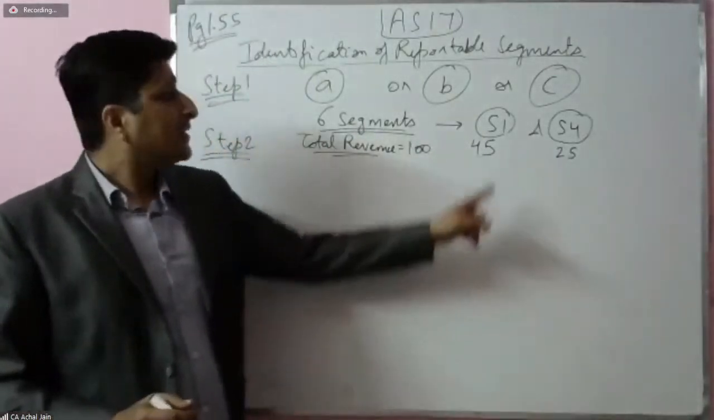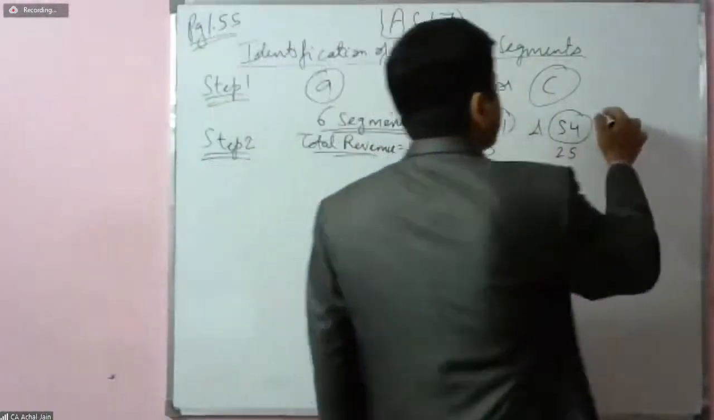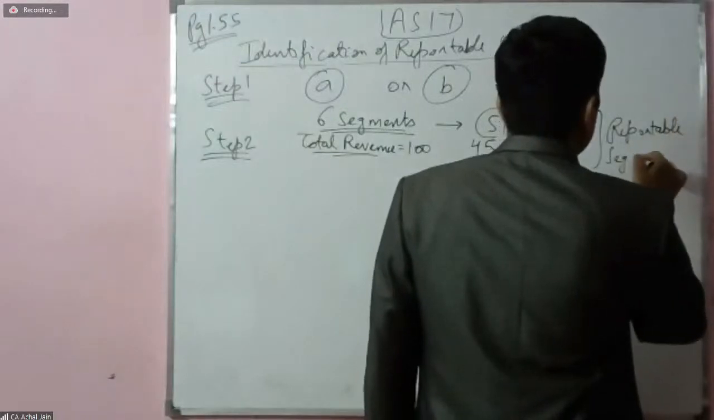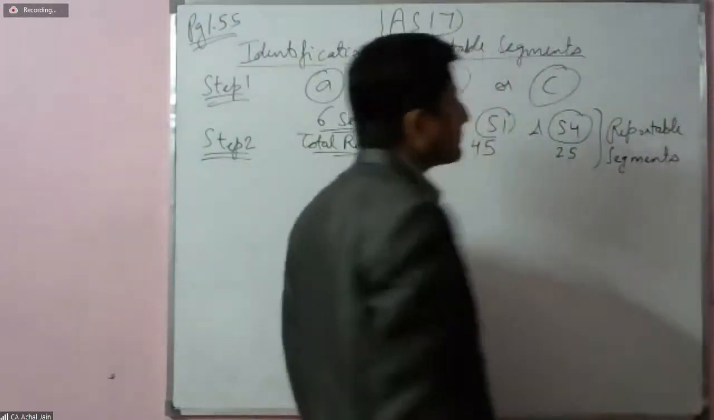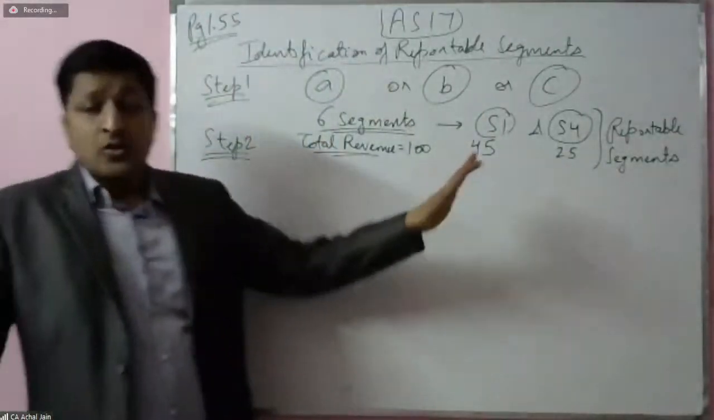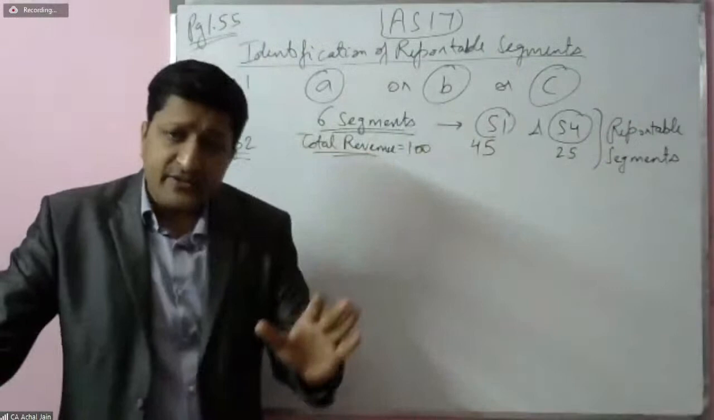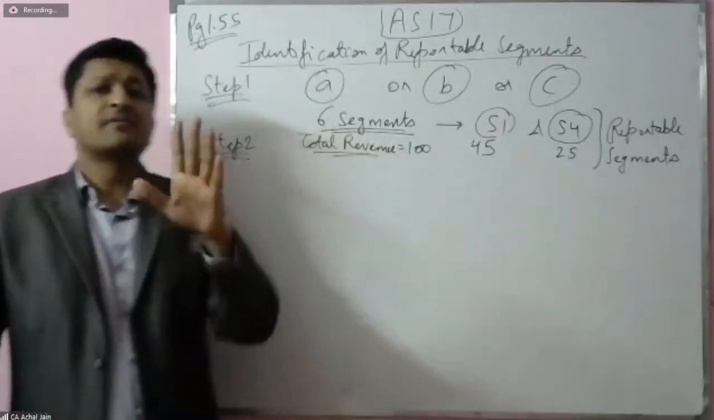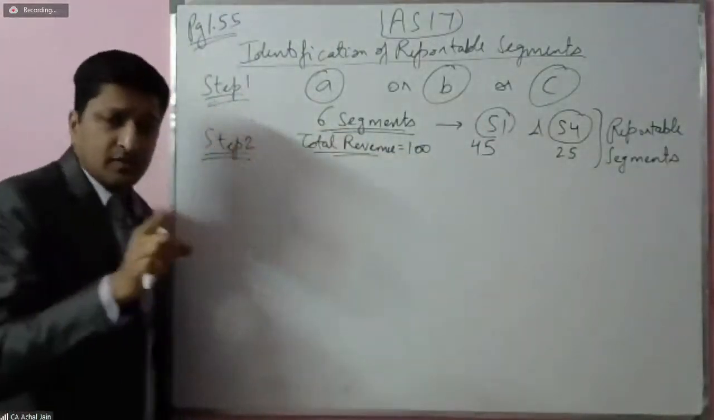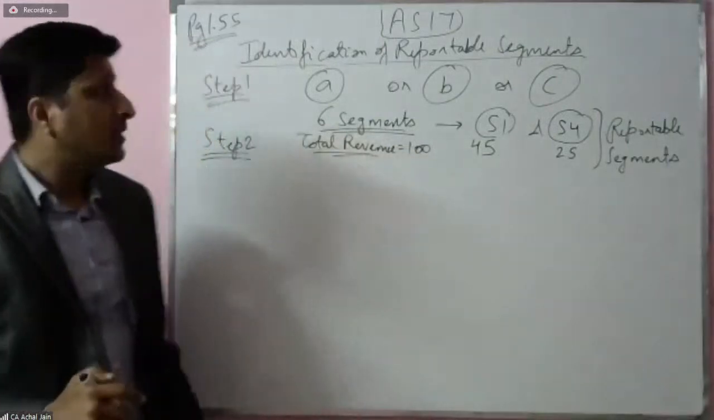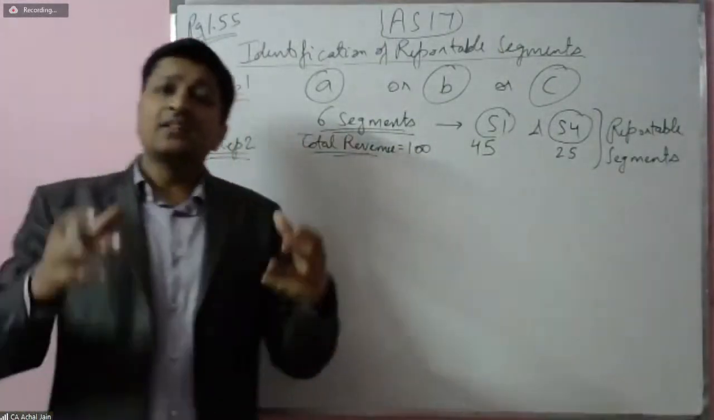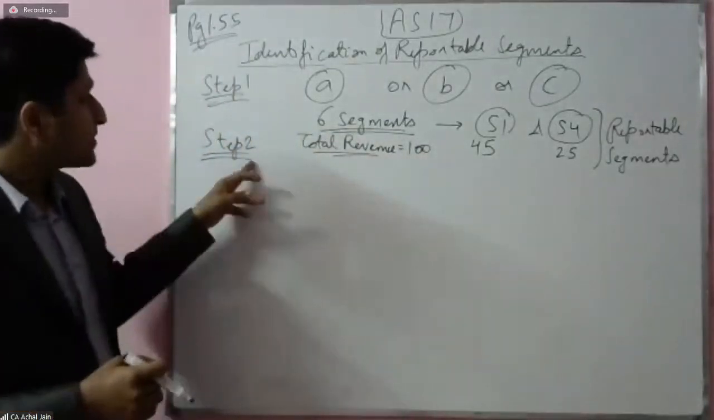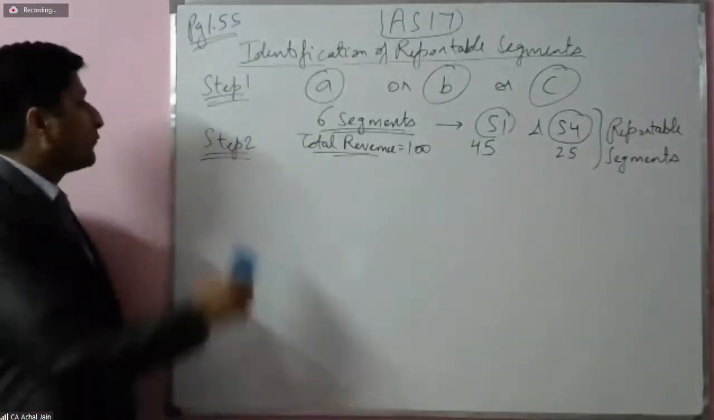And we found that these two have become reportable segments. So there's no doubt that S1 and S4 will remain reportable segments. They will remain reportable segments. Why? Because they have passed step 1. But after passing this step 1, another test will have to be performed. Let's see what's the test. Next step, step 2 says, we need to check